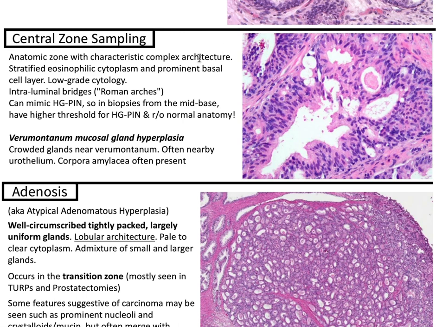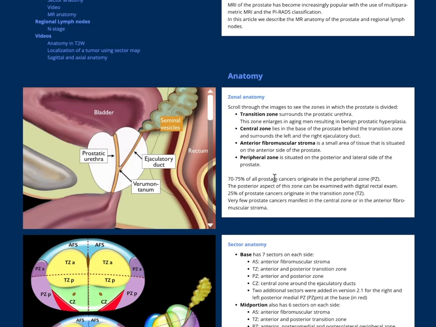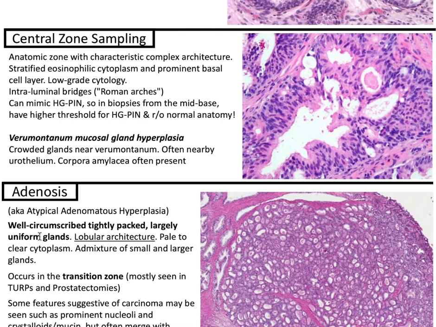And then verumontanum mucosal gland hyperplasia. So I don't know what this was, but thank you to Radiology Assistant. This is where the verumontanum is. It's around the posterior portion of the prostatic urethra where it attaches to the ejaculatory duct. But you can have crowded glands near this region and often nearby urothelium, and corpora amylacea is often present, which